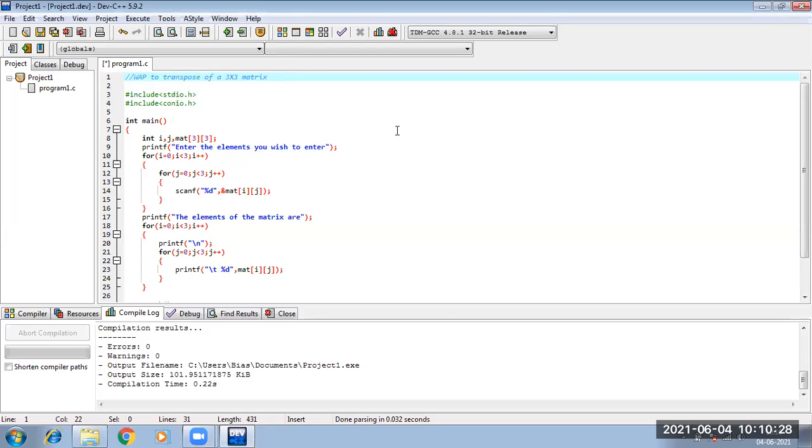So the first operation, let us learn among all the operations, transpose of a matrix. Suppose we are dealing with a 3 into 3 matrix, and we are doing the transpose of a matrix on it. When we transpose a matrix, we will show it in another matrix, whose name suppose we have kept as transposed mat. Now a 3/3 matrix, when reversed, will give 3/3. So the dimensions of the transposed matrix will also be 3/3. Since it is a 3/3, if it would have been 3/4, then the transpose matrix would have been 4/3.